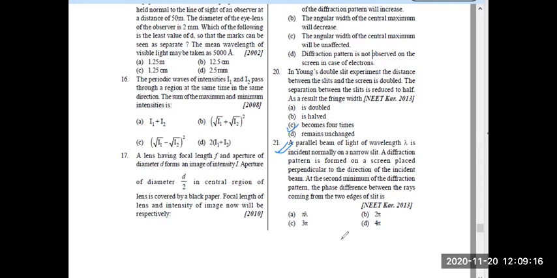Easy, 21 is also easy. At the second minimum of diffraction pattern, the phase difference between the ray coming from two edges of slit is, think about it, second minima मतलब क्या होता है, 2 lambda, right, 2 lambda, yes or no? So phase difference will be what, 2n pi, और n is equal to 2, यहाँ पे 2 है, 4 pi, yes, very good, right, easy, got it everyone, basics, I hope basics clear हो गया होगा, ठीक है।